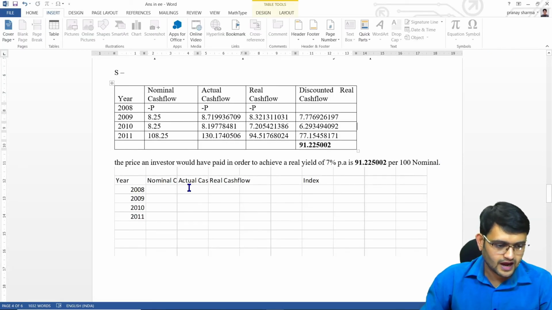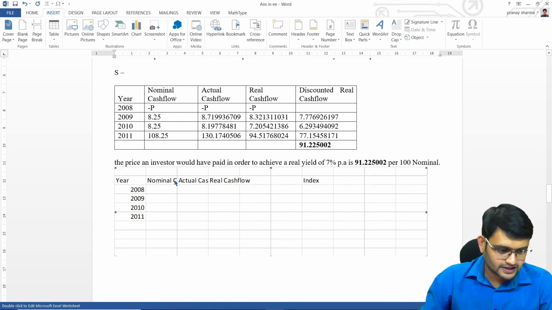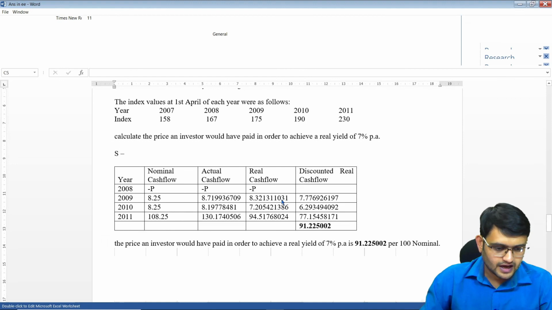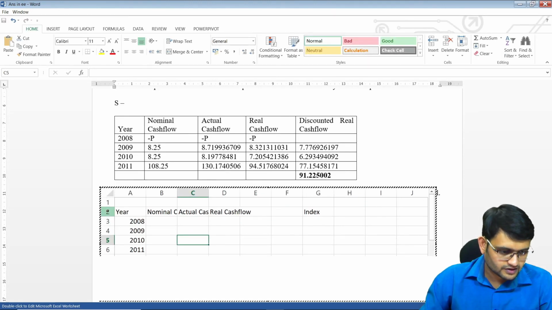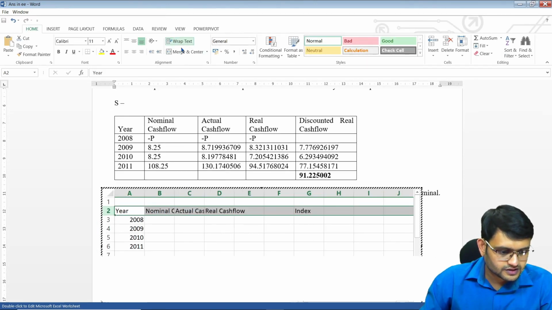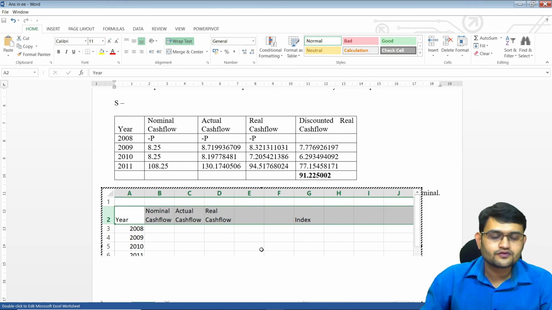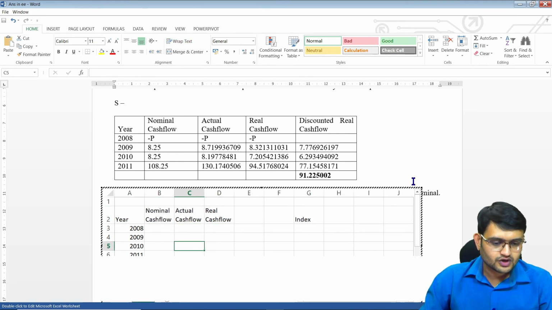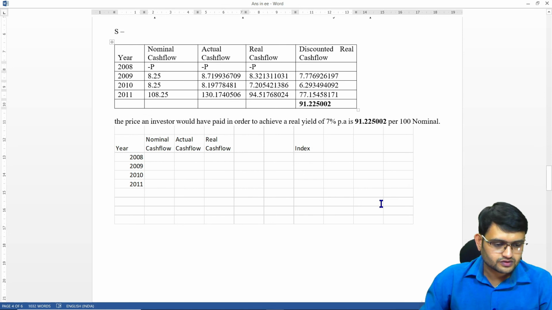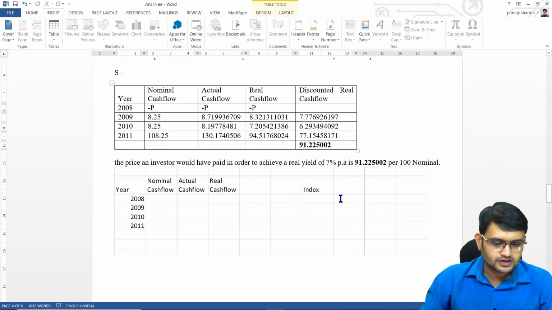You can see, this is my table here. If you want to edit it again, you can go inside, like I want this nominal cash flow and everything to be seen. I'll double click and I will get back here, and I can select this. I can select wrap text. Now we can see everything. Then I can get back out. So again you can see that I have my Excel sheet as a table here.